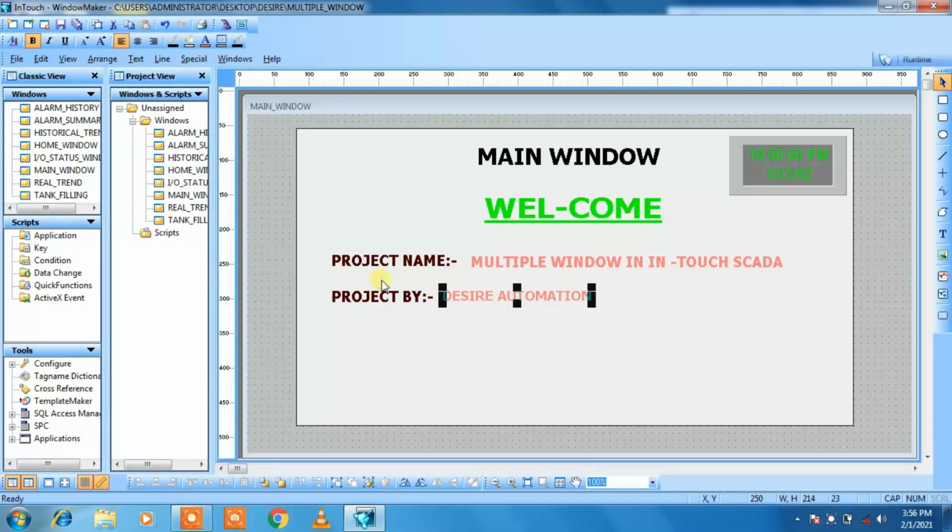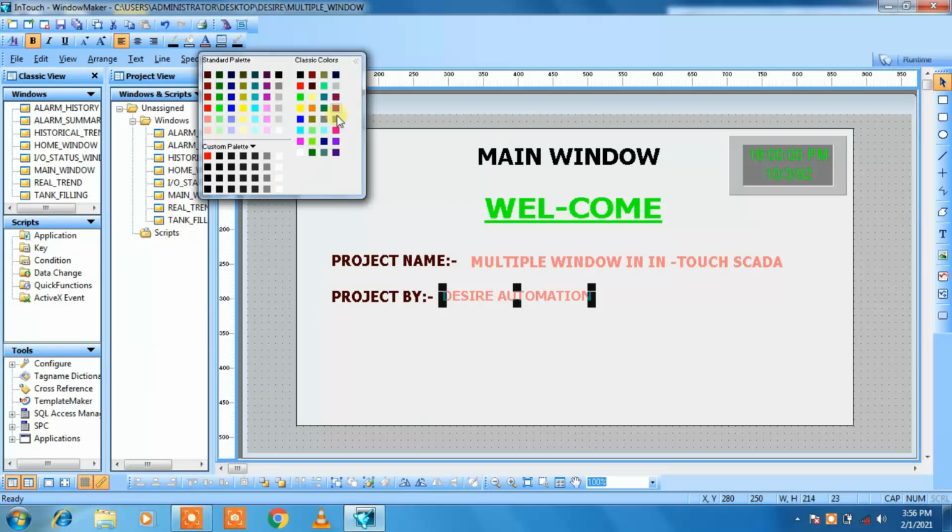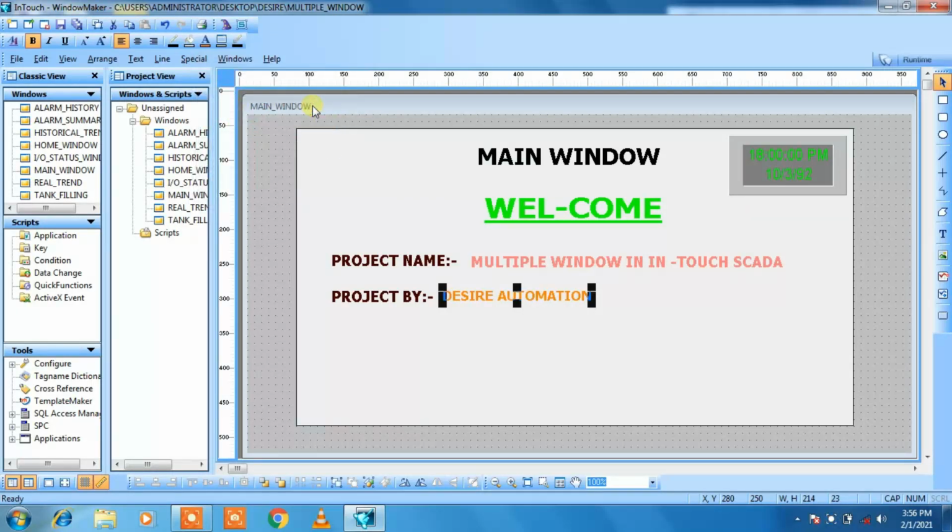Let me give this color, or you can give any color which you want. Suppose I want more colors, and in that I want this one. Because Desire Automation has a logo in orange color, that is why I chose orange for Desire Automation. Then we can also take a text as contact. So let me give the contact as a title.